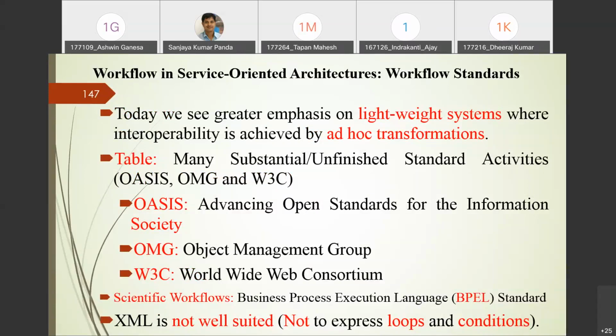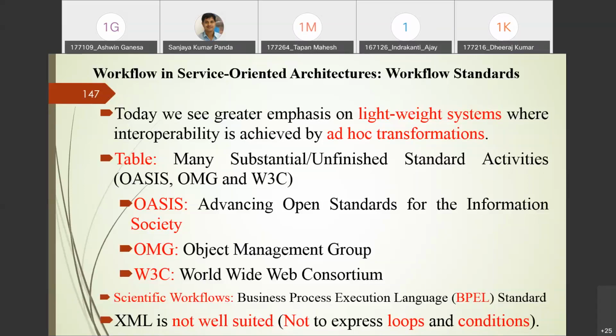So I'll tell you a set of standard activities suggested by OASIS, OMG, and W3C, often with overlapping goals. If you see the goals of these three, they overlap each other, in the form of a table. OASIS is Advancing Open Standards for the Information Society. OMG stands for Object Management Group.